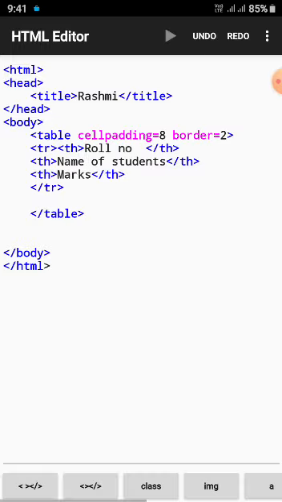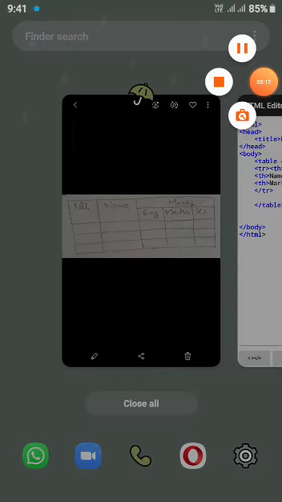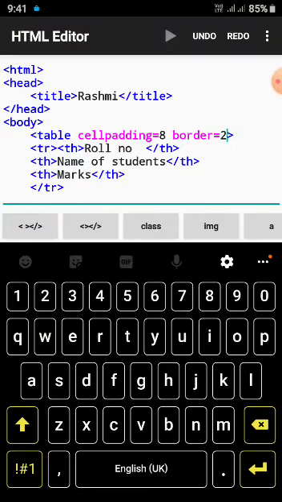Now students, what is the different thing we saw in this table? First, you see the roll number gets merged. Merge can be done for columns as well as for rows. Here, roll number gets merged for what? It gets merged for rows or columns? Rows. So because it gets merged for rows,